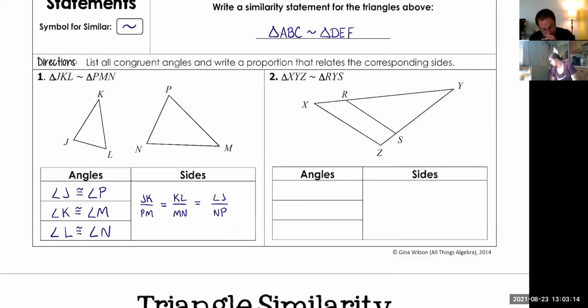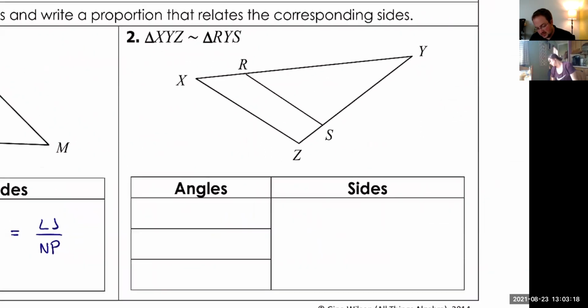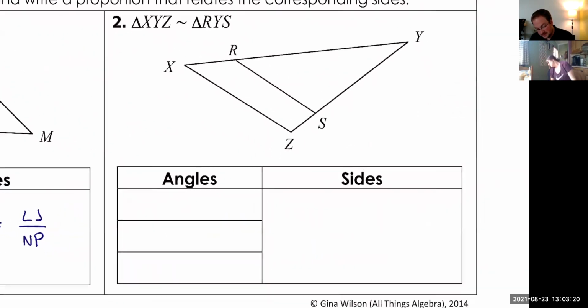Okay. Second one's kind of sly, but this is going to be something we'll see here shortly in more detail as we're working on some proofs. But again, we're in luck. We're given the similarity statement, so I would spend less time being distracted by the picture, more time just working my way through that similarity statement, which, assuming it's valid, tells me then that angle X is congruent to